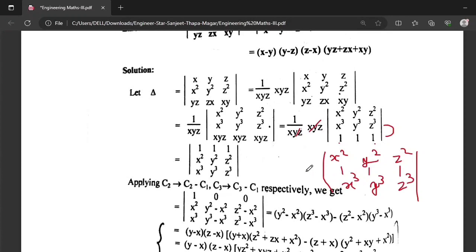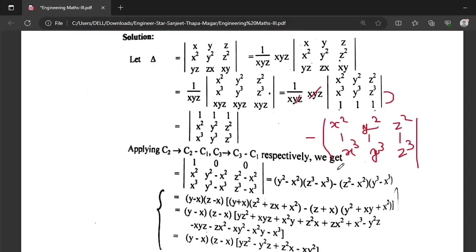Here we need to take the negative sign, because by the property of determinant, interchanging or swapping any two adjacent rows or columns changes the sign of the determinant. So here we interchange or swap these two rows, so we need to take the minus sign here, and in next step